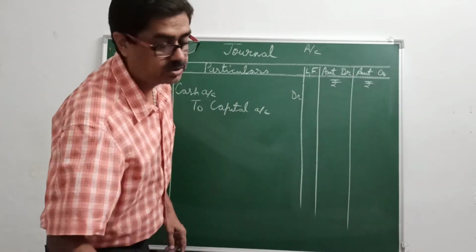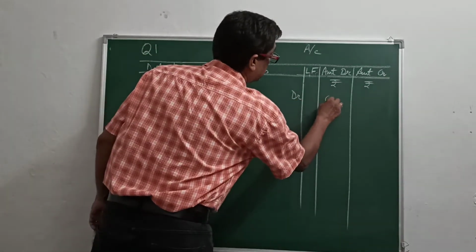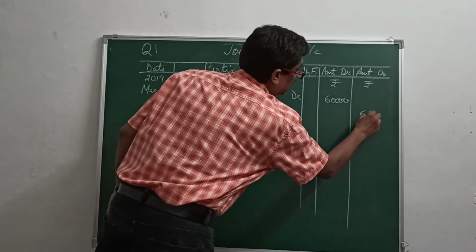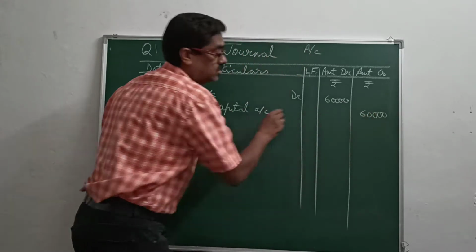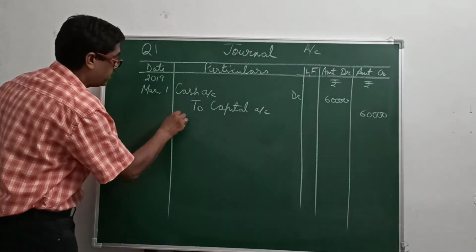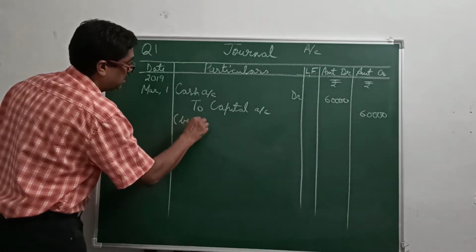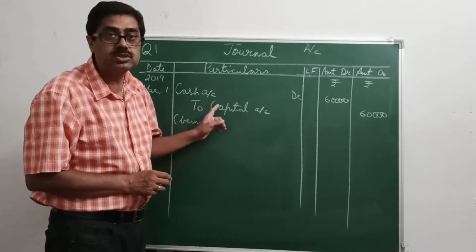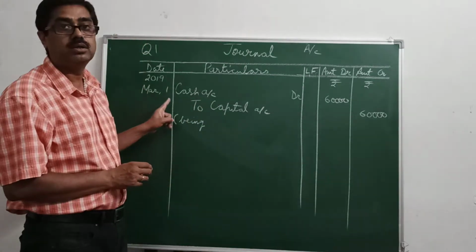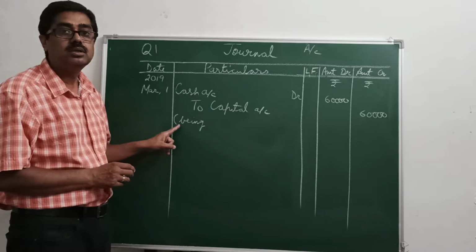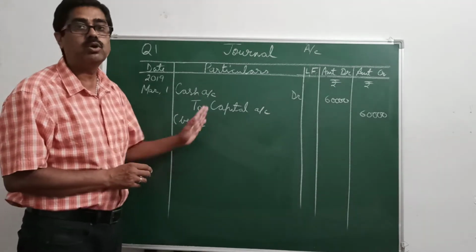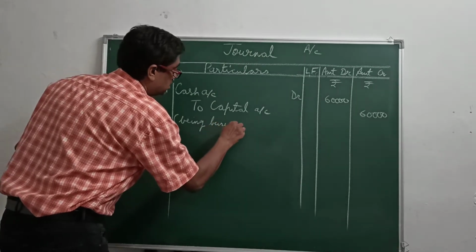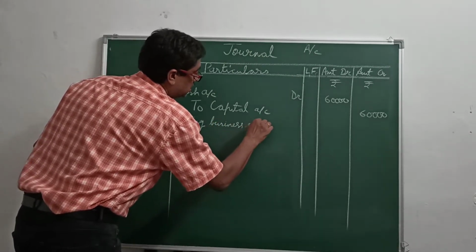So the amount is 60,000. So in line of debit, under debit column write 60,000, and to capital account, same line, next line you will write 60,000. Then you have to pass narration. Narration is a brief description about the business transaction on that particular day. With being, you always use the word being. We don't write the transaction, but we say being business commenced.